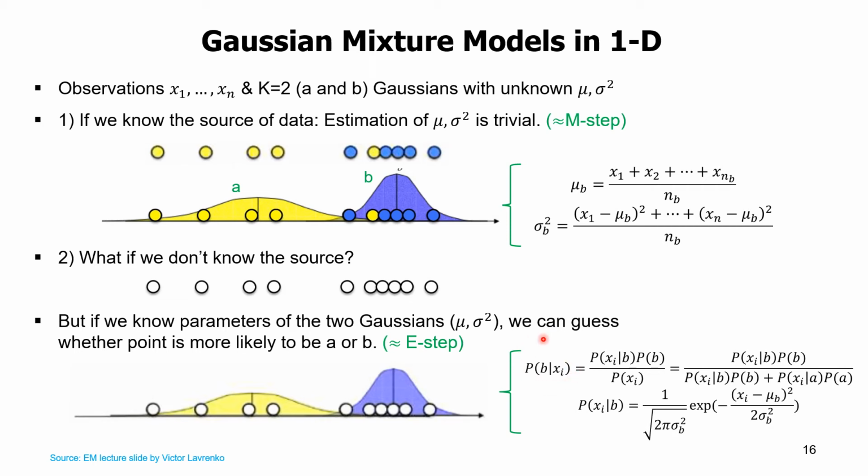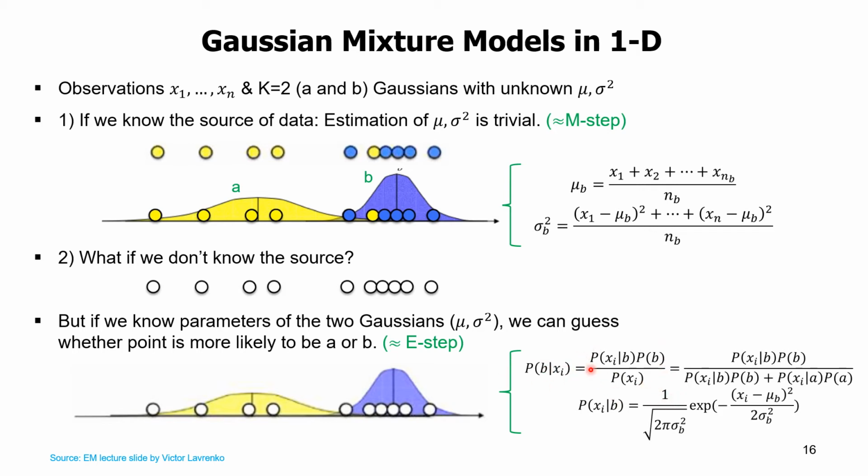So this probability P of B given Xi is, when data Xi is given, the probability that this Xi is from Gaussian B. So this probability is that this data Xi originated from Gaussian B. This is based on Bayes' rule. If you remember Bayes' rule, this is the same as this. If you multiply both sides, this becomes Bayes' rule. Anyway,